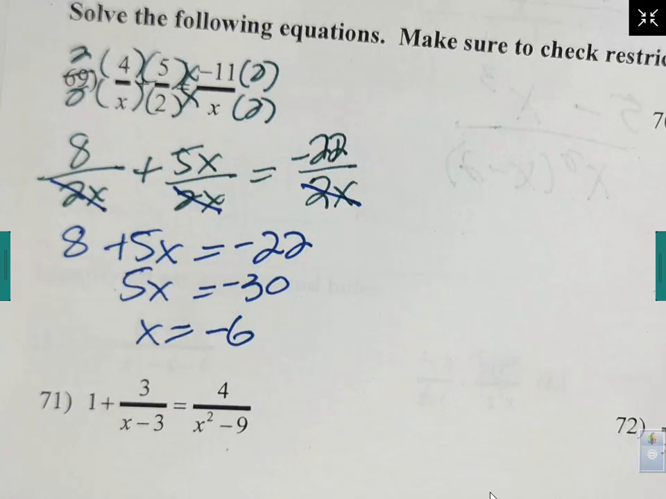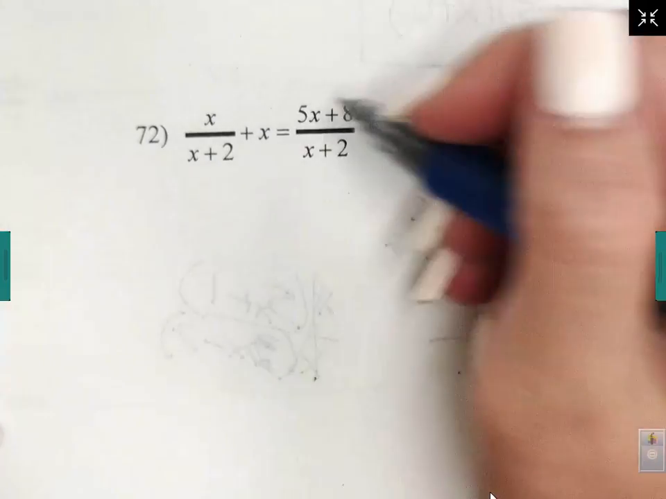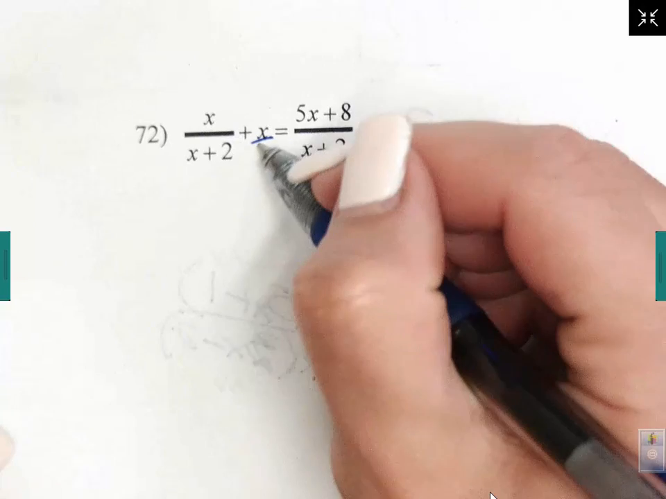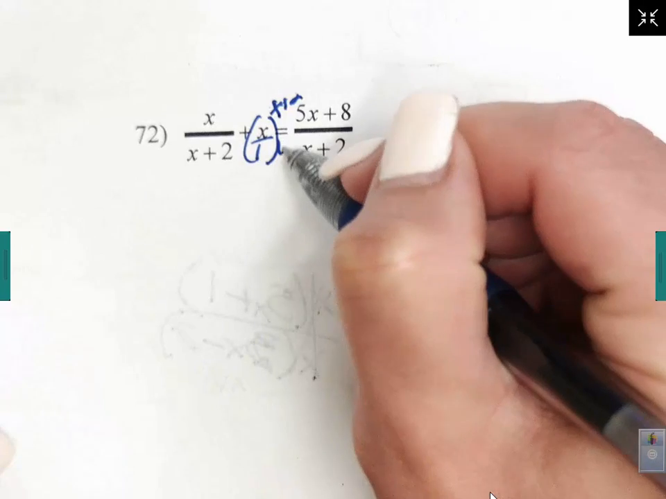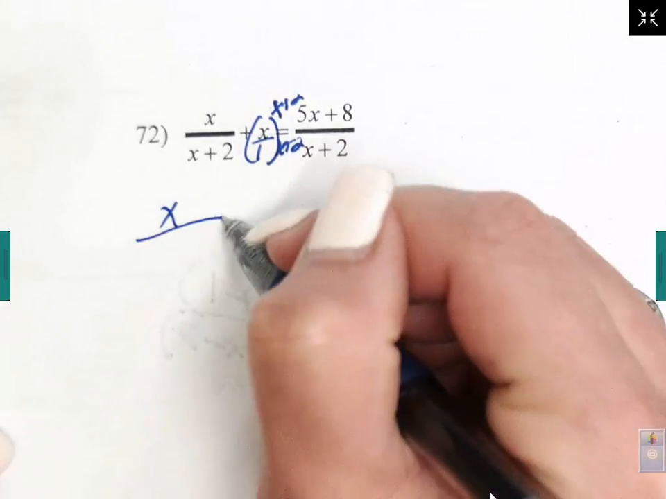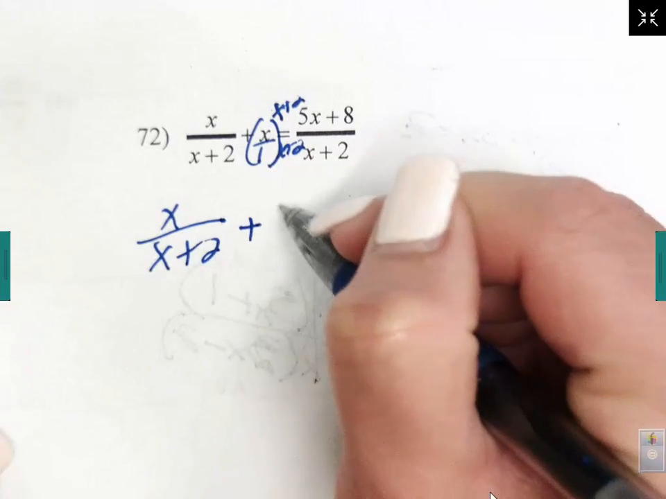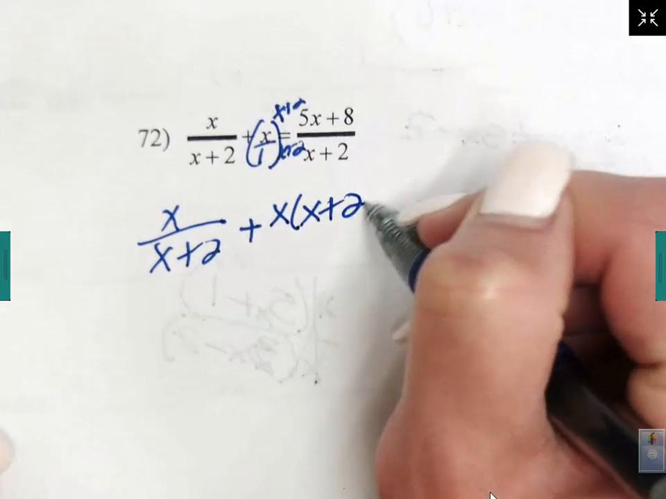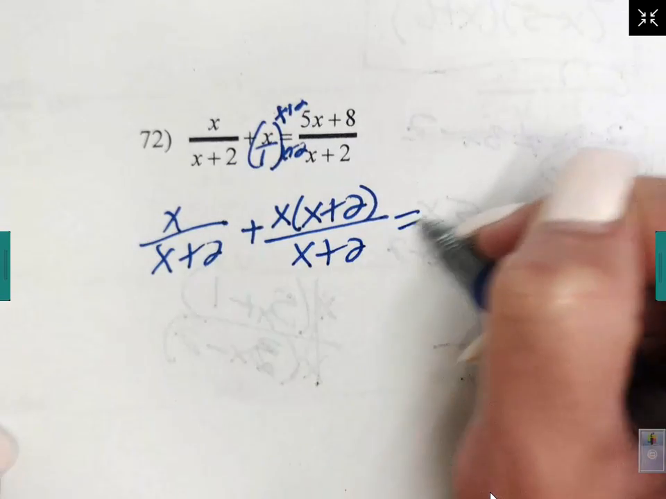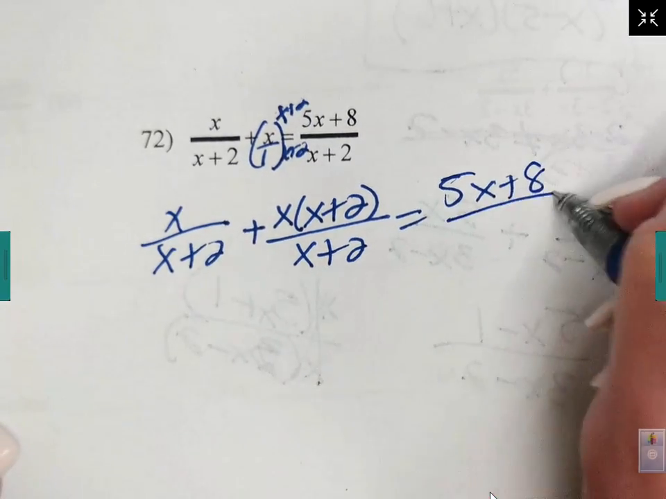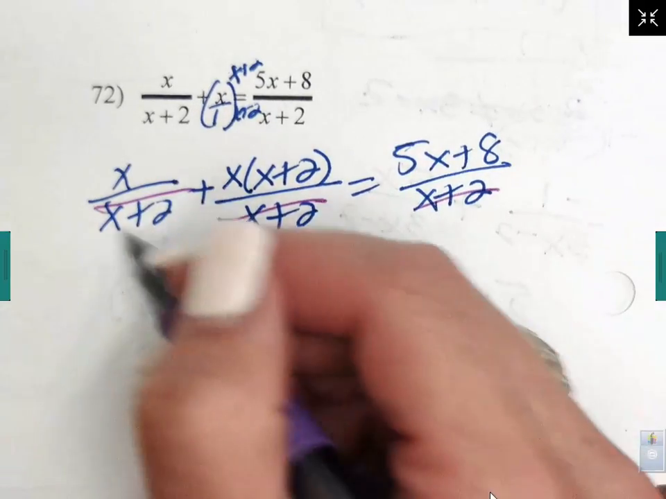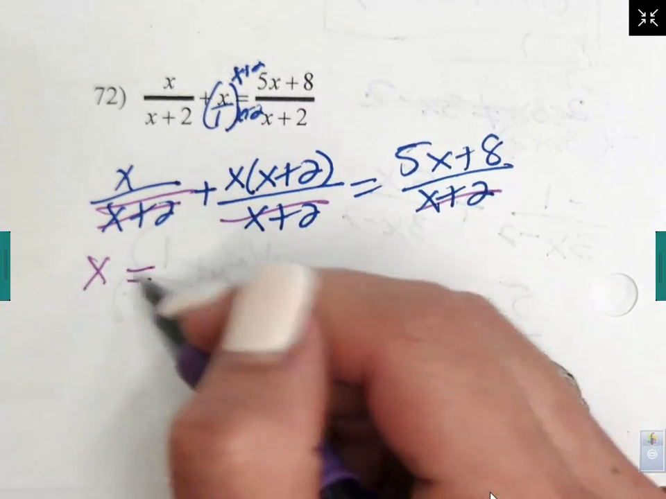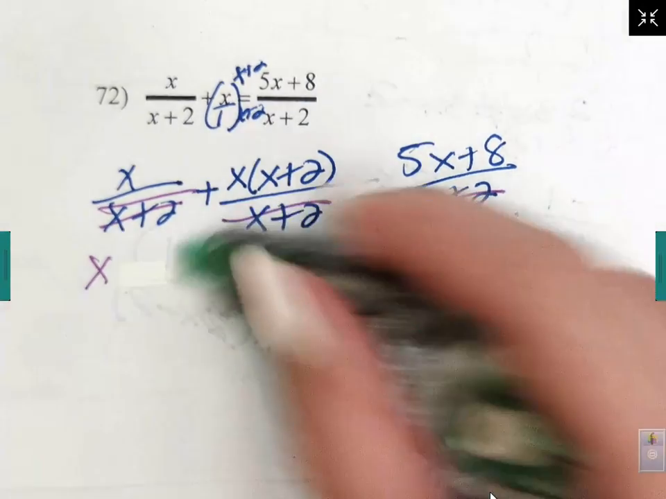Okay, let's look at a problem like 72. All right, on 72, we need to multiply by what? Right, and I only have to multiply this one guy by x plus 2, correct? It gives us x over x plus 2 plus x times x plus 2 divided by x plus 2 is equal to 5x plus 8 divided by x plus 2. So what can we do with all these x plus 2's? They go away, right? They cancel out. So then we get x plus